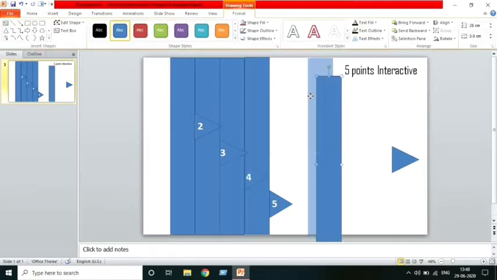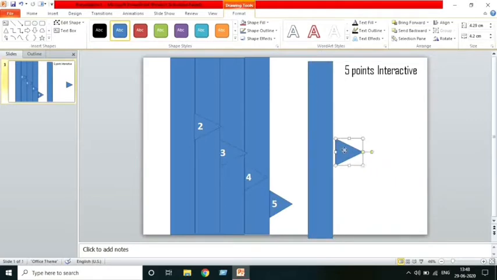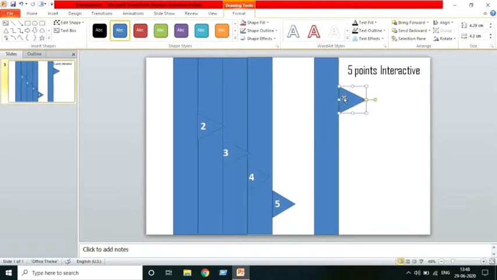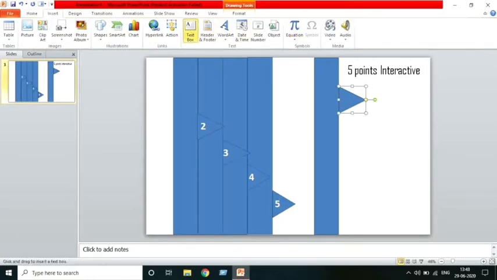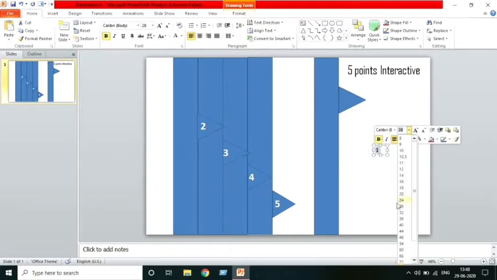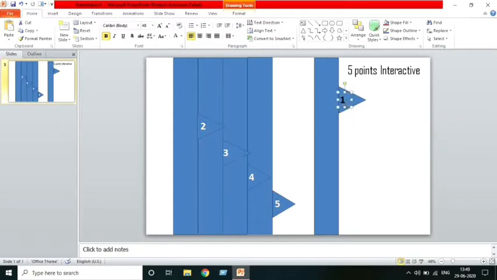Yes, now the last one is left, which is our first one. Just take it into the canvas, go to the alignment, see the alignment line, it will show us while we are placing. So this is the perfect spot. Okay, again add the text box into that, insert, click on text box. We will keep it 1. This is my first bullet. Again the same things, bold, 48 and place it on that. After placing, you can simply make its color white.